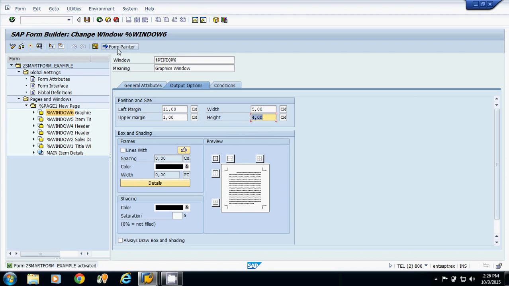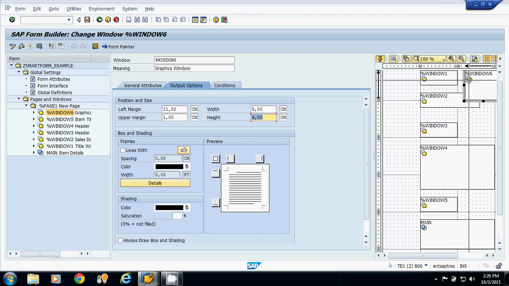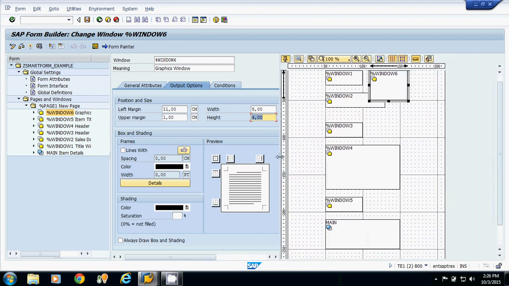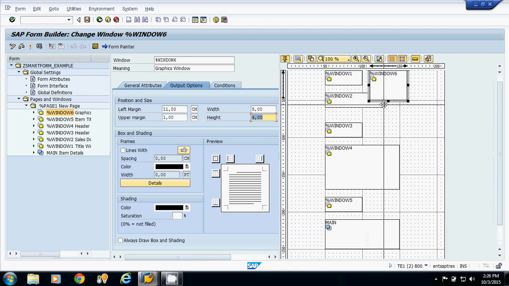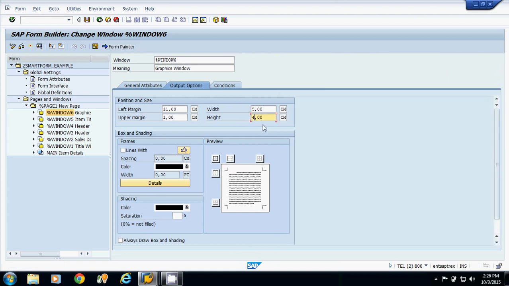I will see in the form painter whether it is appearing properly or not. It is overlapping with window 2. So I will decrease the height. Suppose height is 3 cm.